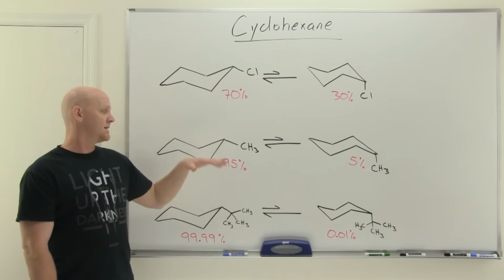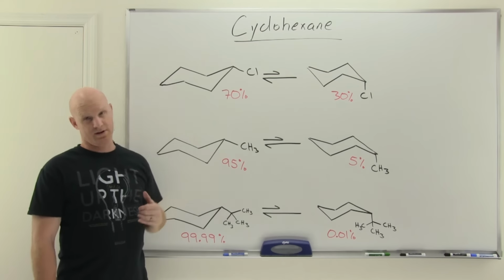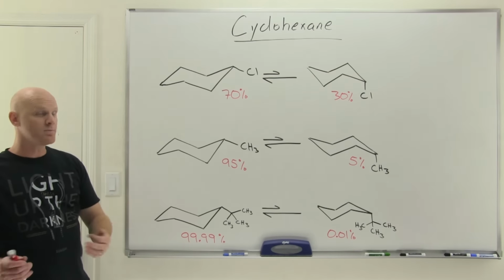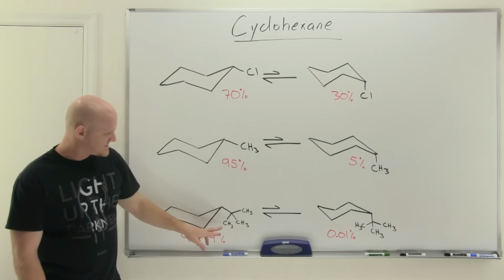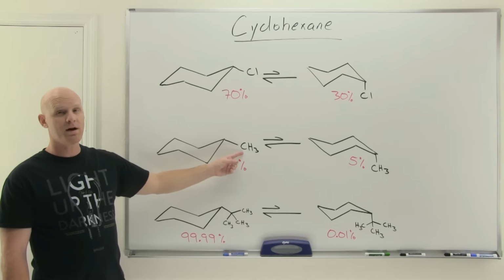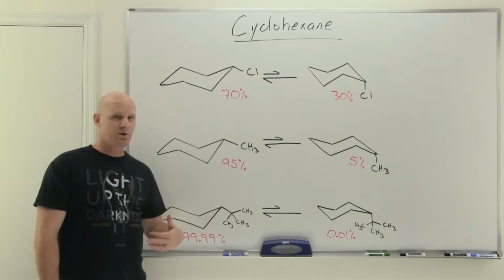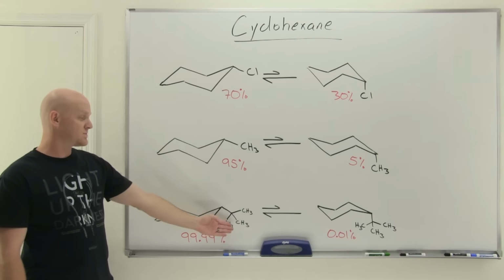So you should know that it's more important to make sure that a methyl group gets equatorial than, say, a chlorine, or even a bromine, it turns out. Now, this is a t-butyl group here, and we see that the t-butyl group is quite a bit bigger than a plain old methyl group. And for just plain old carbon chains, it'd be more important to get an ethyl group equatorial than a methyl group. Or in this case, we see with the t-butyl group, though,